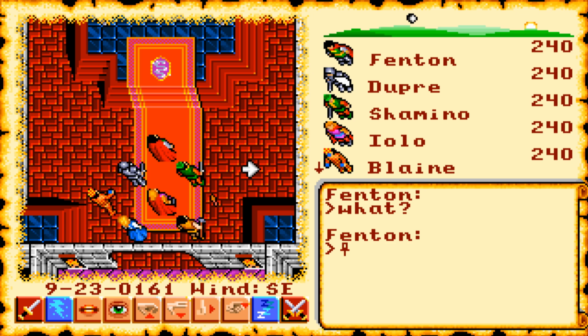In part 38 of the Ultima 6, the False Prophet PC walkthrough video, we're going into the Ant Mound and get